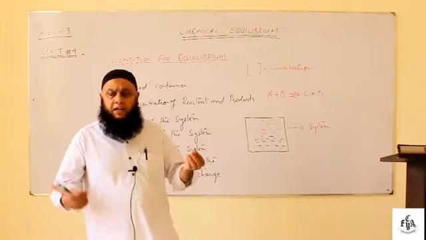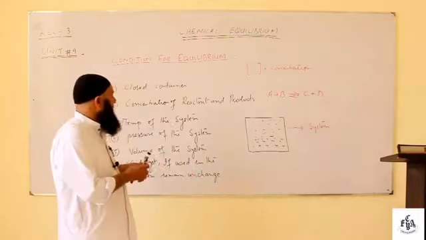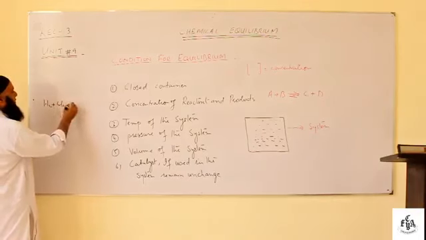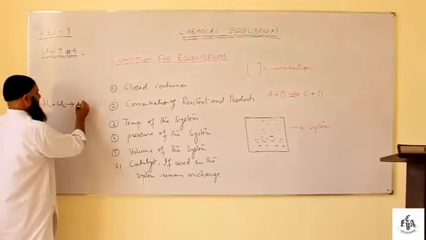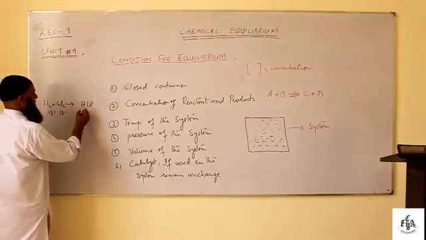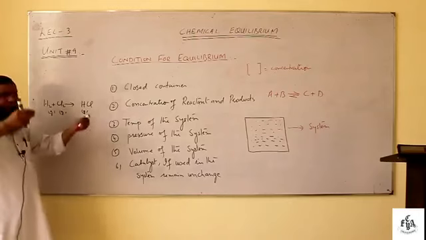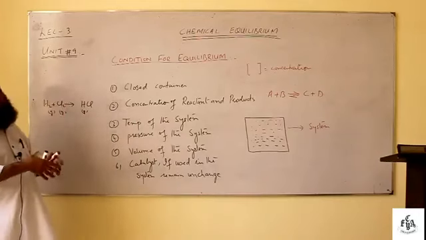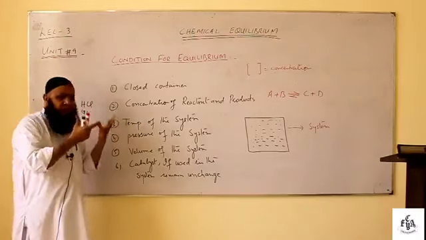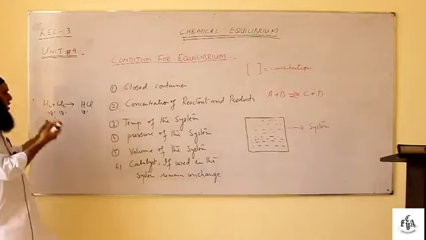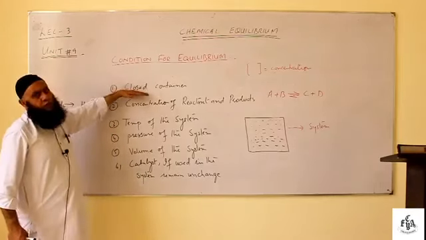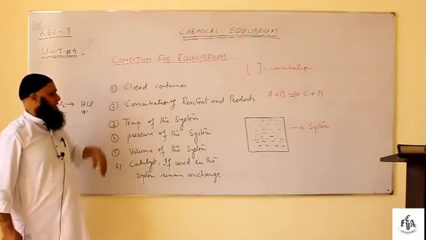Why? For example, if I have hydrogen gas and I am going to combine it with chlorine gas in an open container, HCl will be formed. This is gas, and this is gas. If the container is open, while adding these reactants, there is a possibility that some of the reactant evaporates. So there will be less product, or no product, in an open container. So the first condition is that the container should be closed to achieve chemical equilibrium.